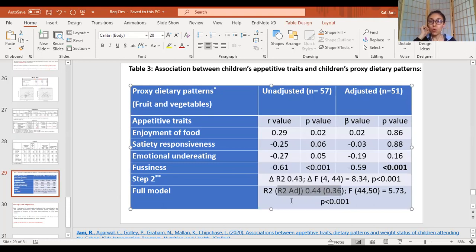If you remember, what this means was that the total amount of explanation of these independent variables is 36.2% for your outcome variable, which is fruit and vegetable intake, right? So that is what your adjusted R square means. Your overall model is significant, meaning these variables together have a significant impact on the child's fruit and vegetable intake. So I have told you the very big key overall broad parameters for this. But the further detailing of it, you would be learning in quantitative statistics.